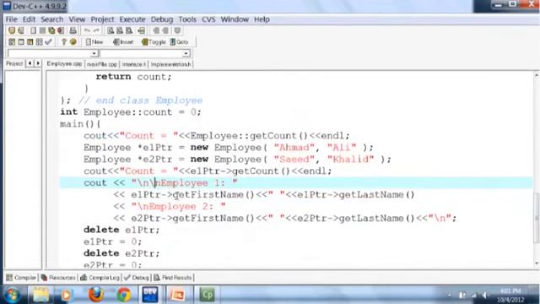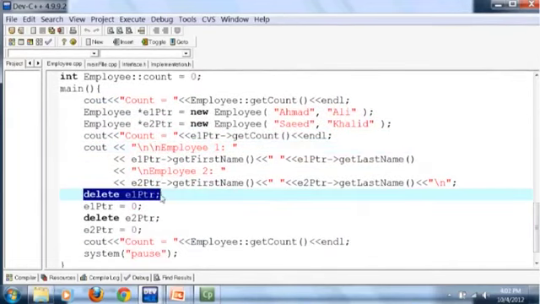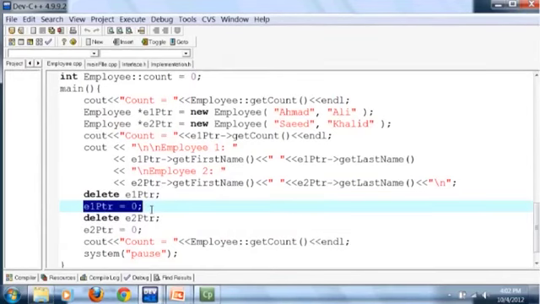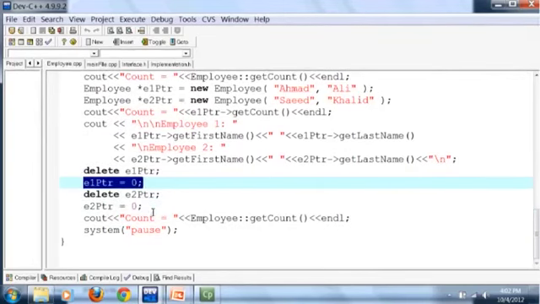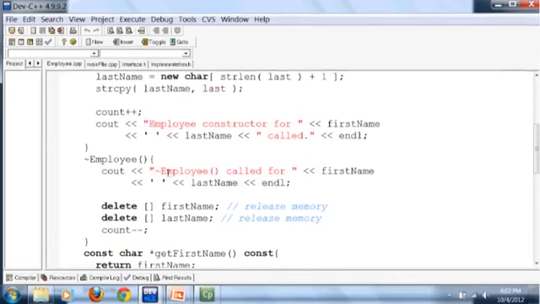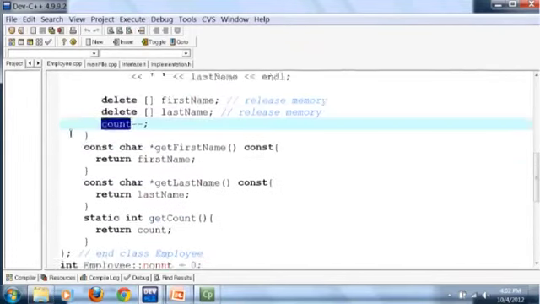Then I display these two clients. Then it is removing the pointer, deleting the pointer, and so this is to make that pointer no longer further pointing to that free store where the dynamic memory is allocated. And then when we delete these two pointers, it invokes this destructor, और वो आपके पास message display कर देगा employee destructor called for first name and last name, and then we are going to delete these two addresses where we have dynamic arrays, and then decrement the value of count. Okay, let's compile it